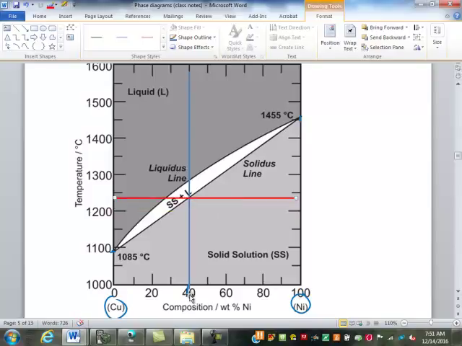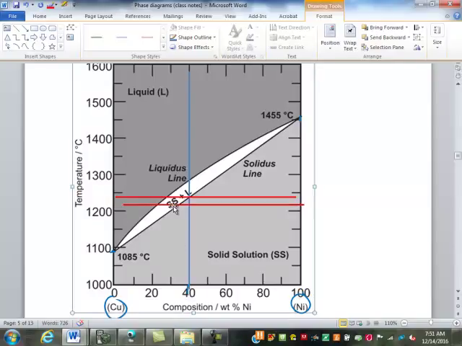No, this is the percent nickel down here. 0% is 100% copper, 0% nickel. This is 20% nickel, 80% copper. This is 40% nickel, 60% copper here. So what's happening here, I'm just going to try to line this up. That looks to be right on that bottom line there. At that mixture, 40% nickel, 60% copper,